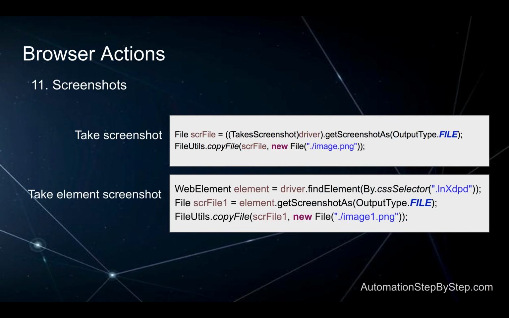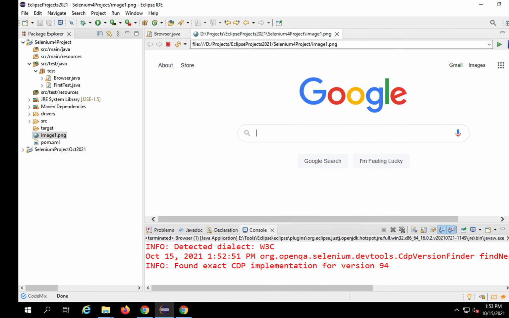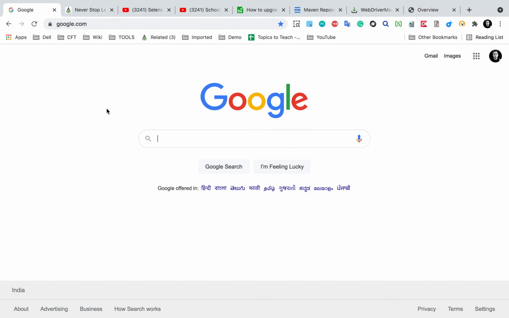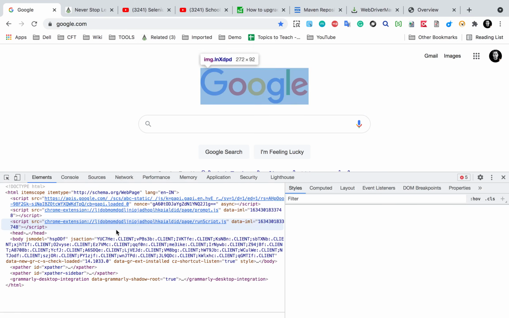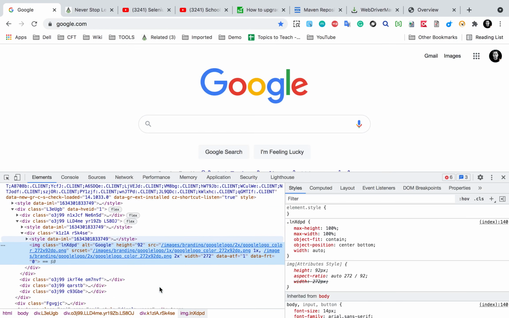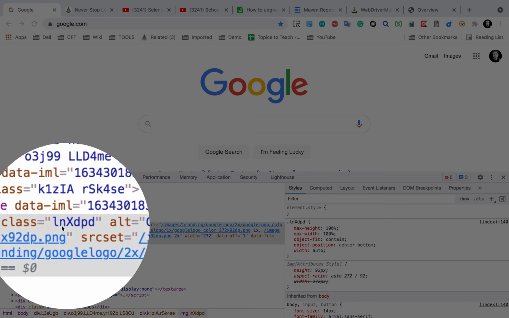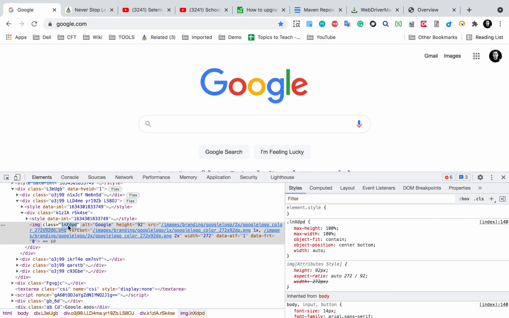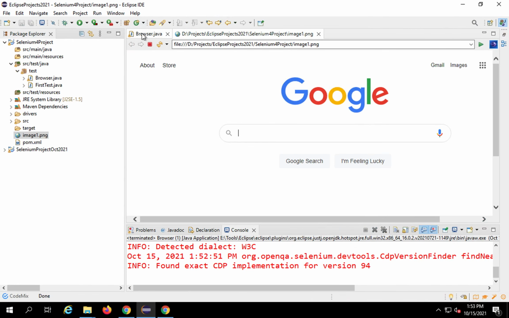So for example, let us say in this google.com, let us say I want to take a screenshot of this particular element. Let me do a right click and say inspect, and let me see if there is any property here. So here, yes, I have the class property. So I'll just copy this class, and I will say here,